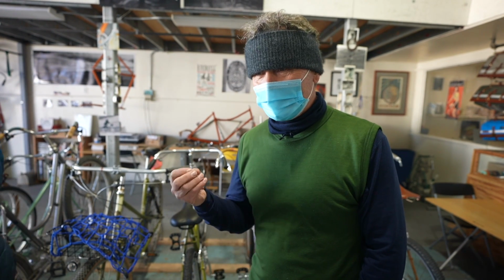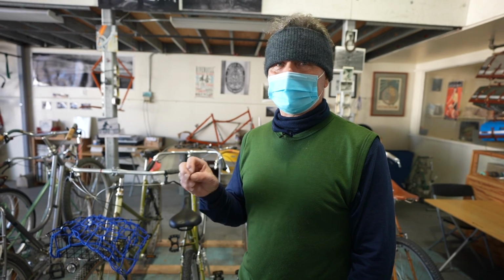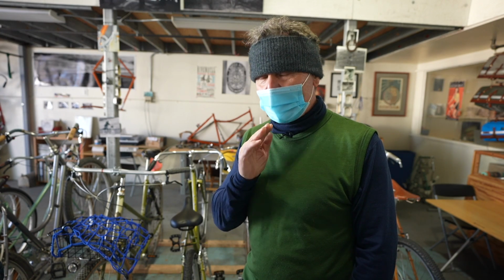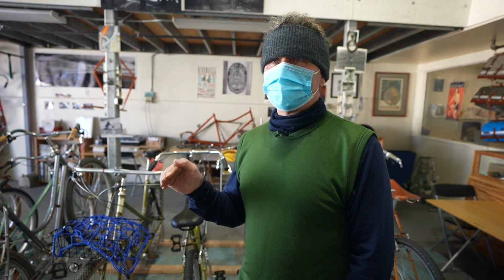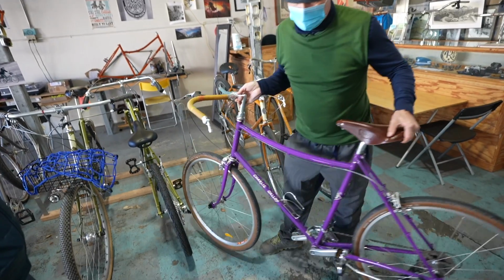You know, we don't ever sit down and think, what can we design and then create a demand for, and how do we do that? We absolutely never do that. All the bikes that we have are bikes that we personally want to exist. This is a prototype